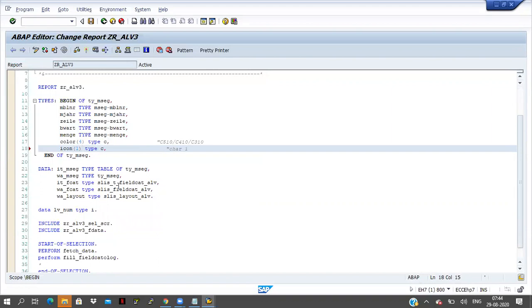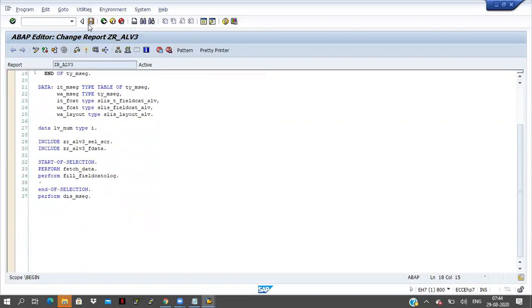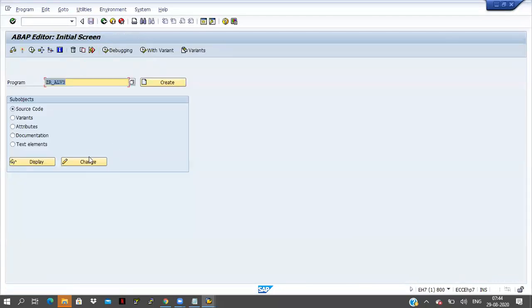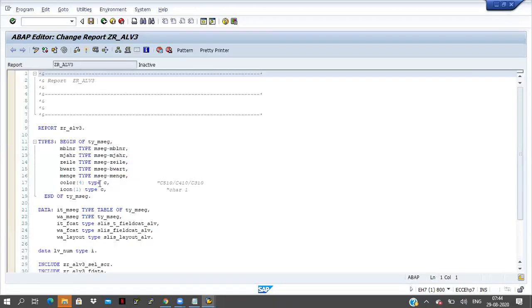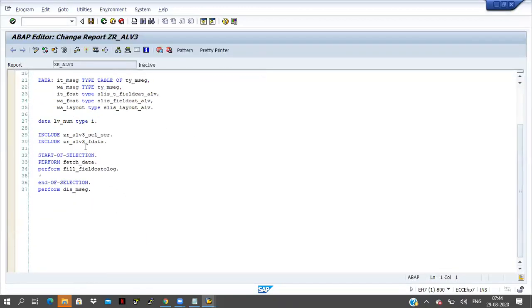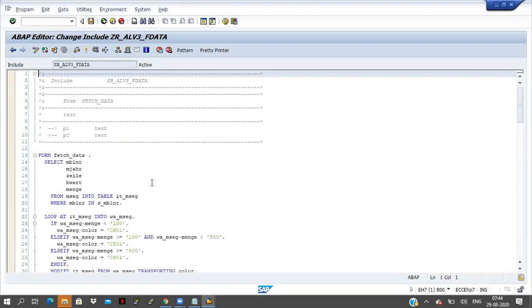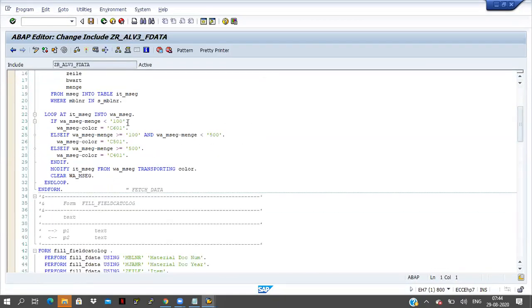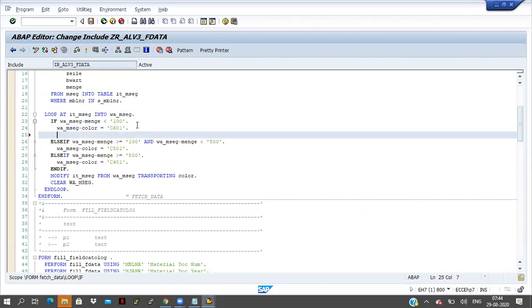Your wish. Fine. The same thing, how you are applying the color, in the same way here also. You are applying colors here, right? So in this one only, if the quantity is less than 100, then I am filling the data like work area msec hyphen icon equal to 1.